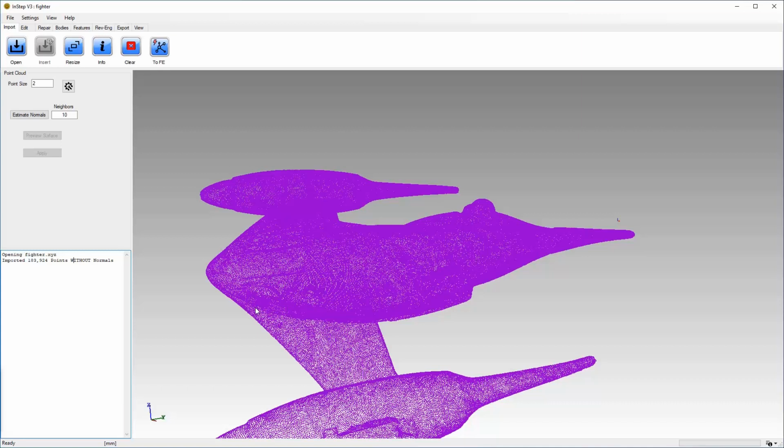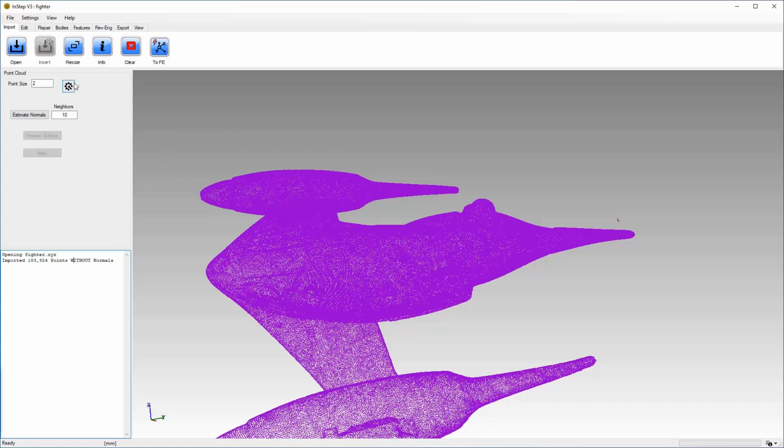The XYZ files in this case are just a collection of 6 floating point values, so XYZ, and then a normal component for XYZ. If it only contains the point location, then the InStep Studio application does require that those normals are first calculated, and it does provide a few tools that we're going to cover in this video. However, it's generally recommended that you use other applications to calculate those points. Tools such as MeshLab, for example, are very good at doing that, and they're far superior in that aspect. They're also focused on doing just that.